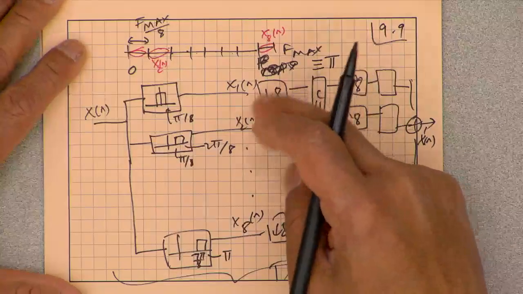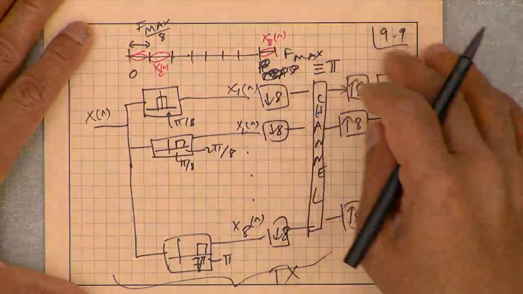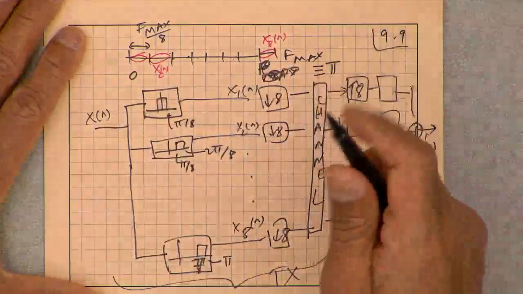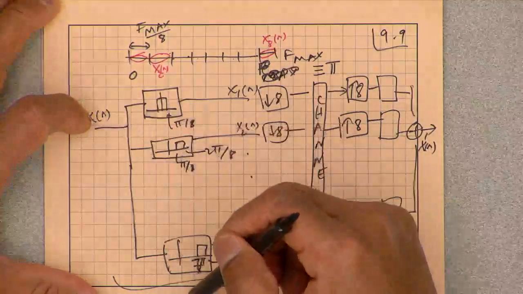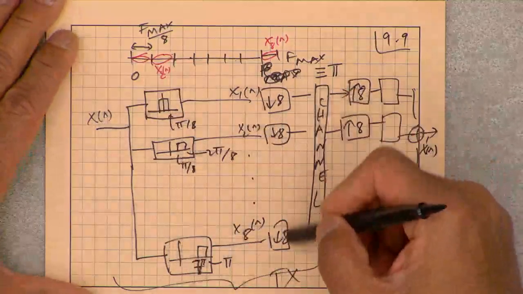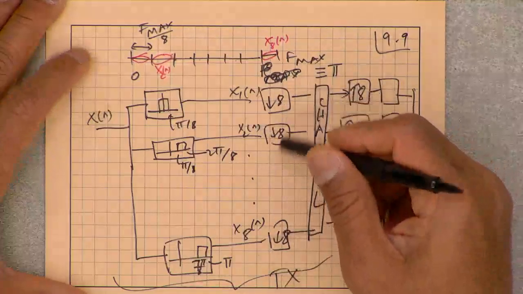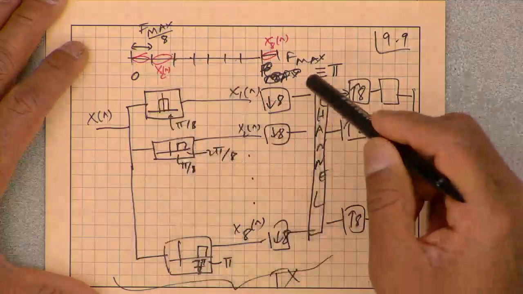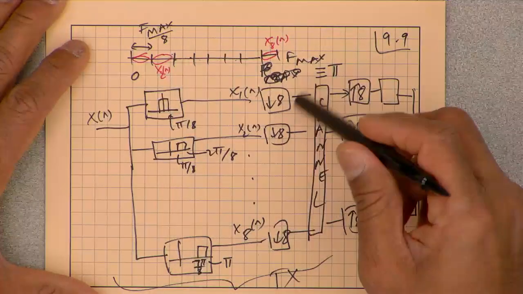There is a reason why we do this downsampling and upsampling. The reason I do the downsampling is because I've narrowed the band here, so there is no real reason not to. First of all, if I didn't downsample, so if I took that frequency range and divided it into 8 bands, and let's say this signal was 10 bits per sample, now I have to transmit 80 bits per sample. If I do downsample, then I get the real benefit. Well, I don't get any real benefit unless I apply coding to these bands, but effectively I have 10 bits per sample still, which means I haven't lost information.